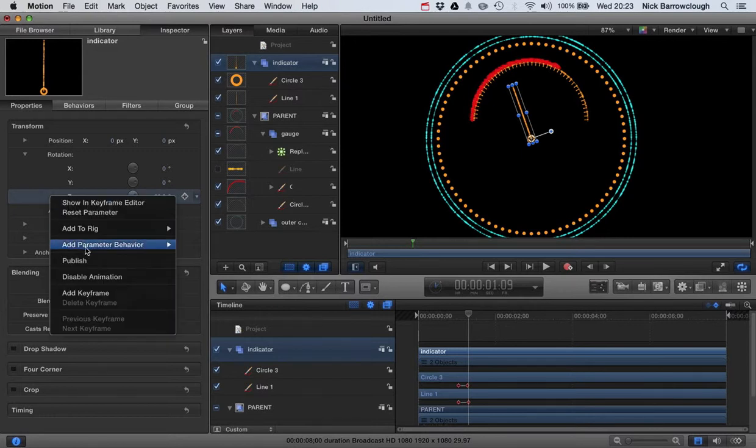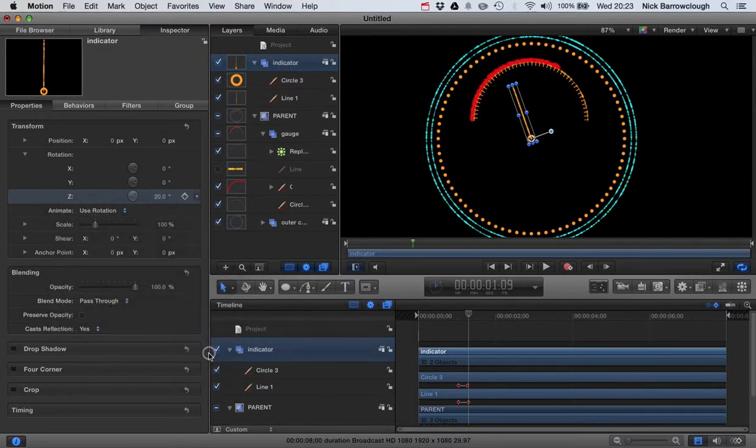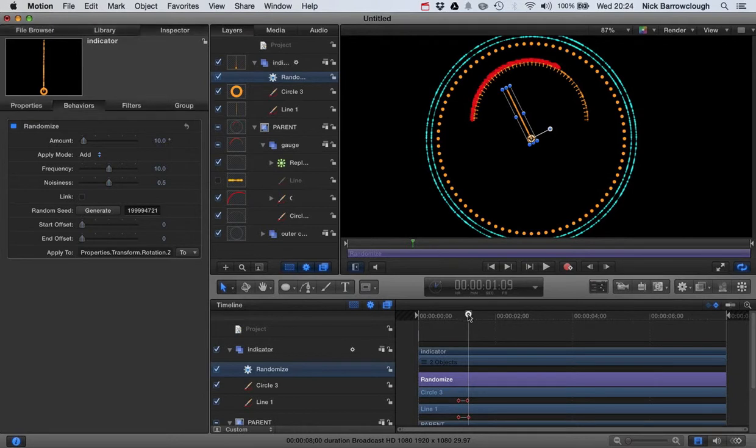So we'll right click, add parameter behavior, randomize, and now when we drag around, you'll see that our needle flickers in the same way that we did with our gauge. So we're just going to adjust the amount a little bit. It's a little bit too much. Let's go maybe to here, and we'll down our frequency and our noise a little bit. So there's our movement,